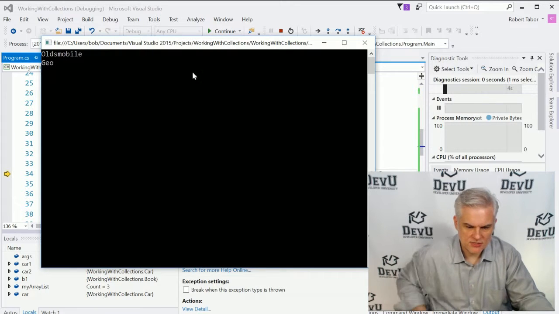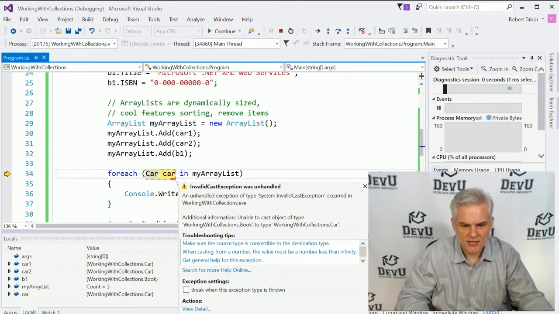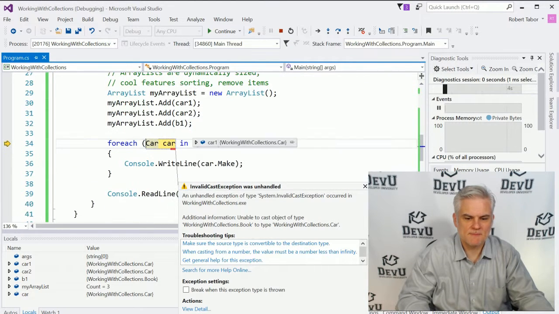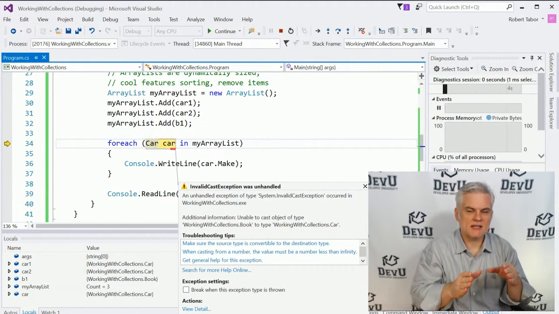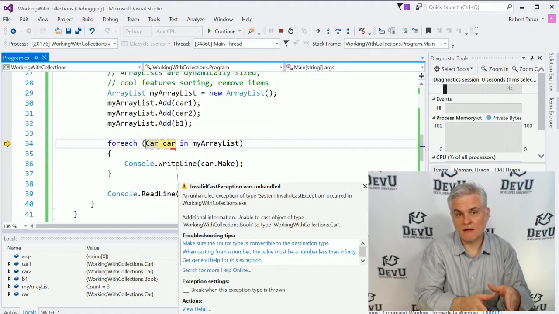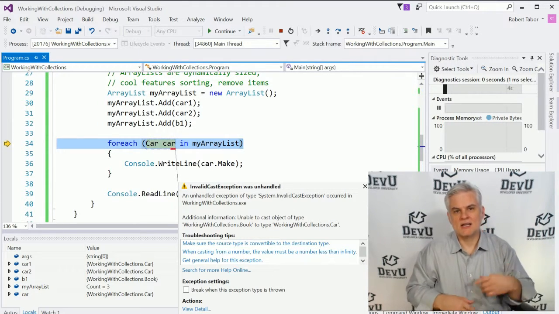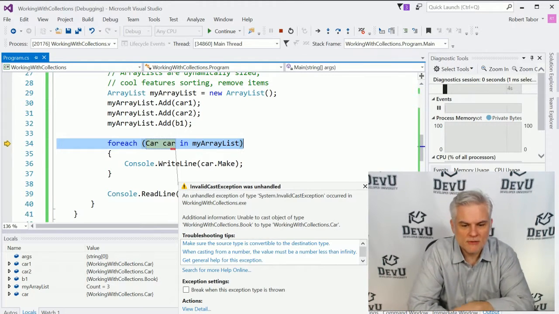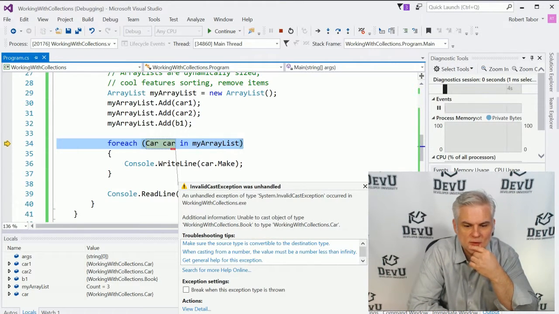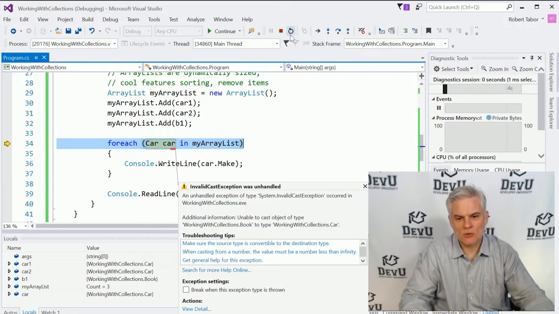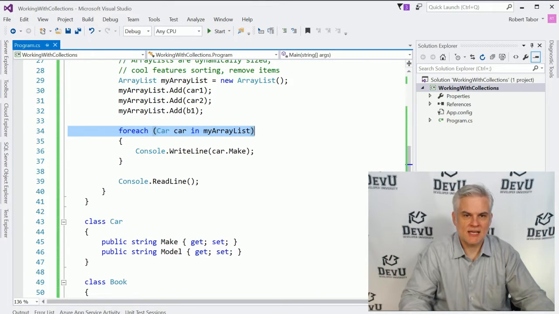Notice that it has printed the first two to screen, but when we get to the book, it says that there's an invalid cast exception. In other words, we could not convert a car, or rather a book, which was the third item in the array list, into a car. So as we're iterating through each of the items in our array list, we're going to hit a problem here. And the fundamental problem is that we allowed our collection to store something other than cars. So we cannot work with these collections in a